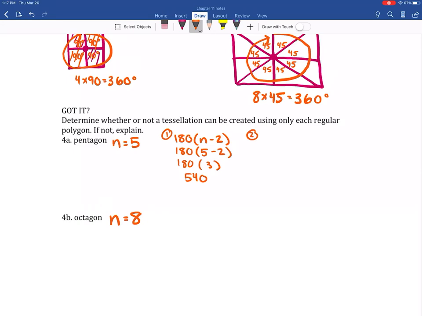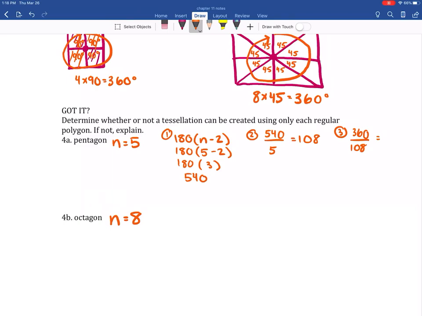We know if we want to find 1, I need to divide it by the number of sides, which in this case we said was 5. We want to know if we put a bunch of pentagons together, if it'll fit nicely in that 360 degrees. So is 360 nicely divisible by 108? That's what you're asking yourself. Can you repeat this pattern? Well, when you do 360